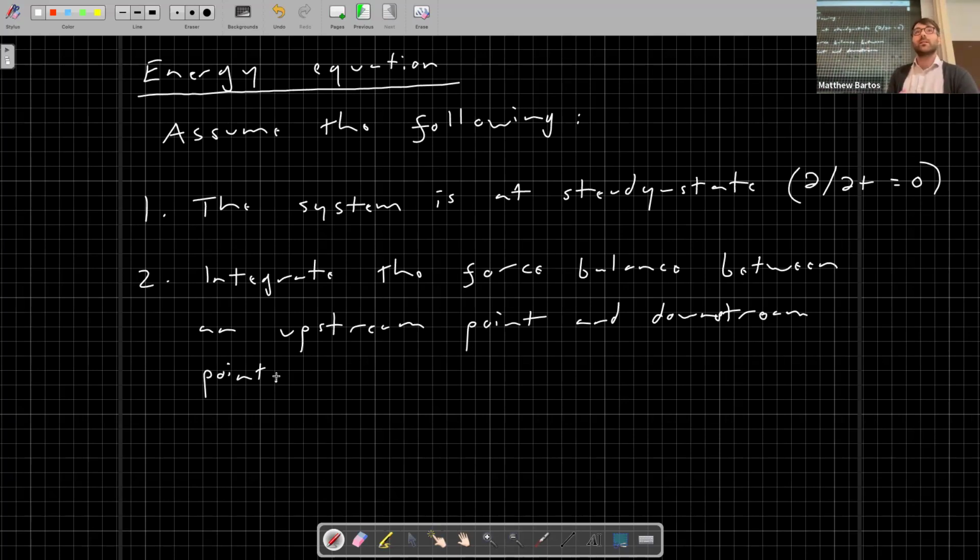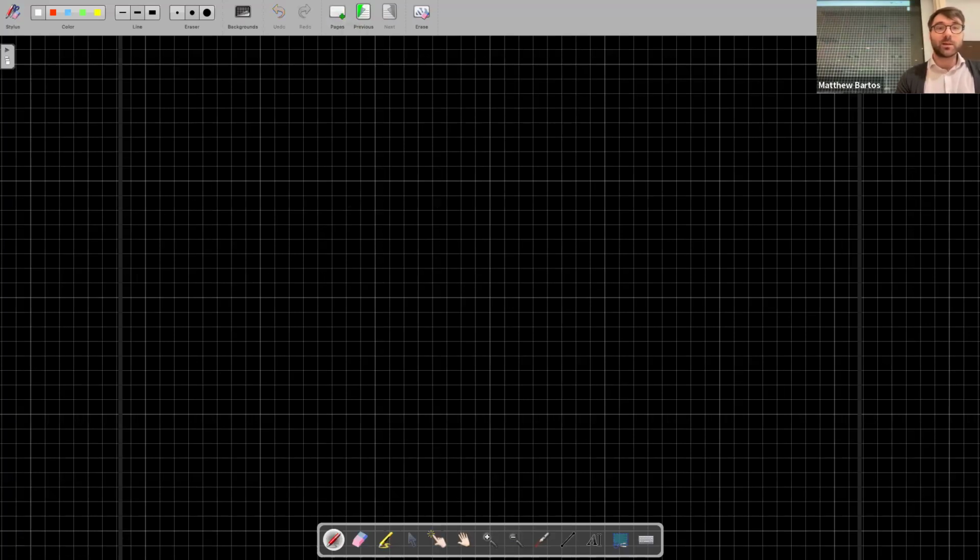All right, so let's go ahead and derive the energy equation. Again, I want to derive it from first principles just so you know where it comes from and also under what conditions it's applicable. We're going to be using the energy equation a lot in this class. So starting from the momentum equation for pressurized pipe flow,